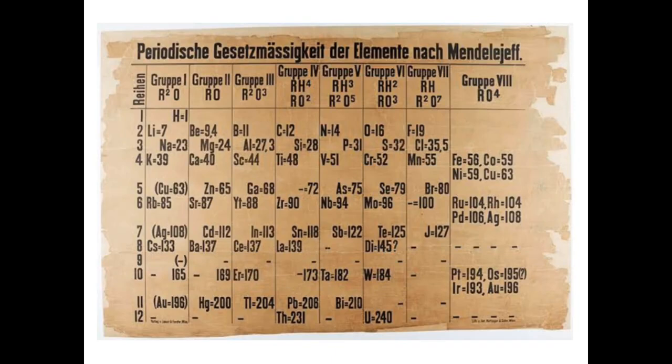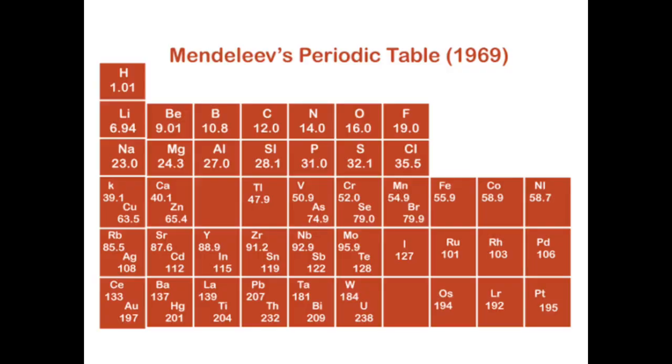Now, quickly look at the first picture that shows Mendeleev's periodic table. Here you have how elements are arranged from 1 to 8, based on similar properties that they possess and based on their atomic mass. Okay, we also look at a modern way by which Mendeleev's periodic table was arranged. You could see from group 1